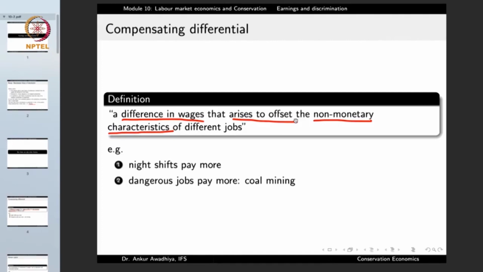Example, coal mining. A person who is working to carry load from one place to another place, that is, a person who is working as a porter, will be earning less money if he is doing the work of a porter in a market or, say, in the railway station. But he will get much more compensation or wages if he is working, say, in a coal mine. Why? Because coal mines are generally dirty places to work. They are generally dangerous places to work.